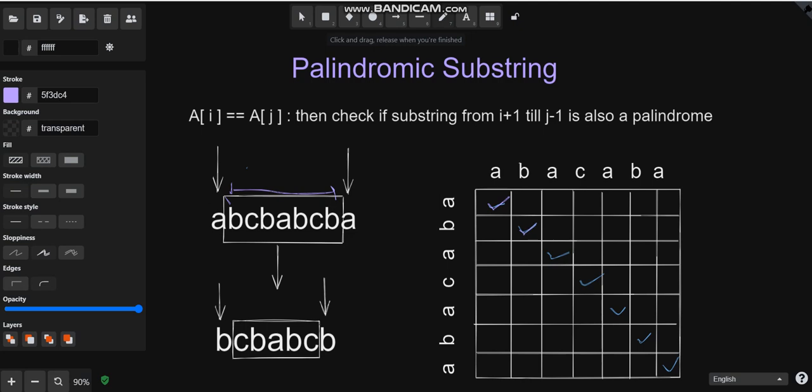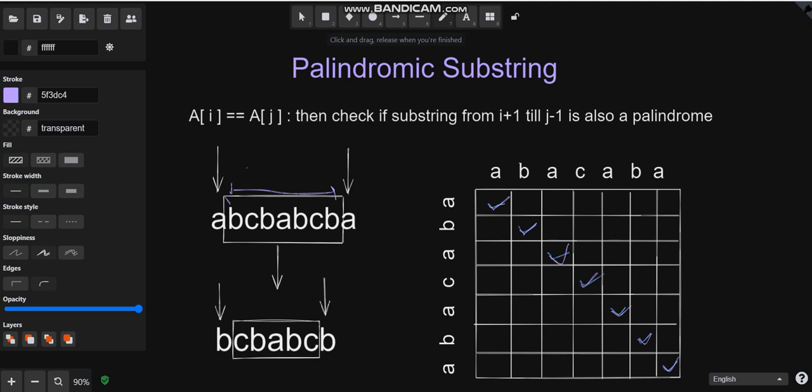According to me, all the substrings of length 1 are palindromes, so I'm just marking them. Now, one interesting thing to understand is what would be the case if the length is 2. This diagonal which I have drawn here says that all the substrings of length 1 are palindromes.